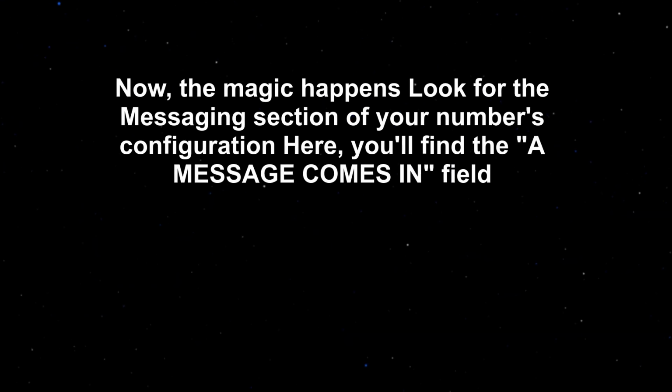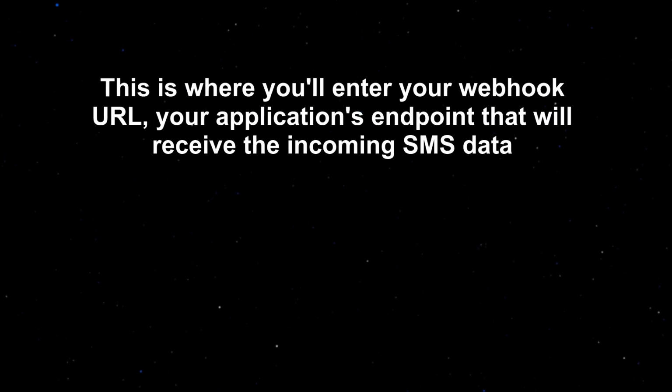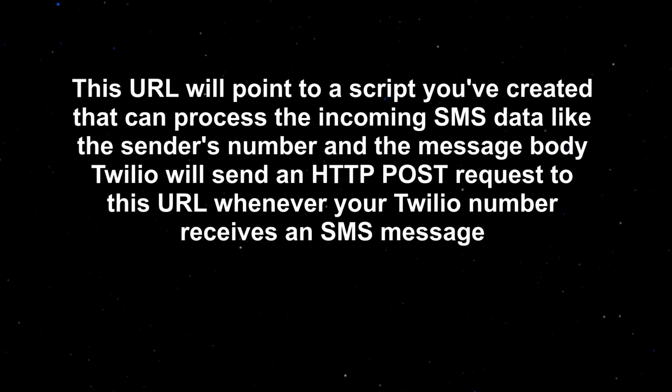Now, the magic happens. Look for the messaging section of your number's configuration here. You'll find the A Message Comes In field. This is where you'll enter your Webhook URL, your application's endpoint that will receive the incoming SMS data. This URL will point to a script you've created that can process the incoming SMS data, like the sender's number